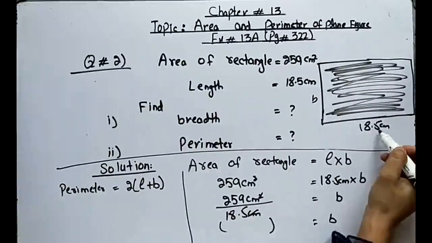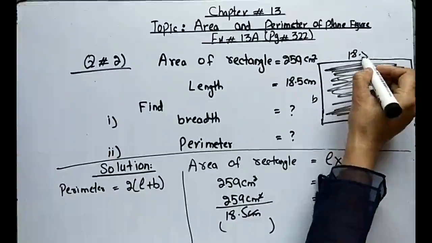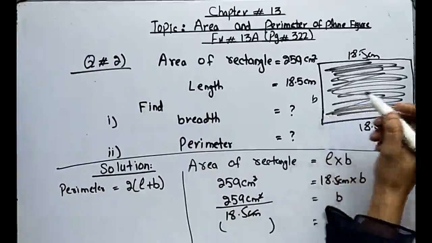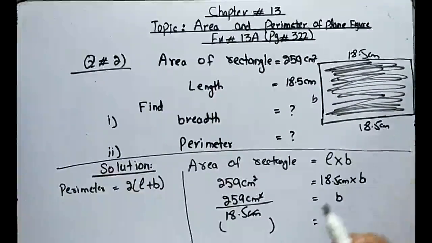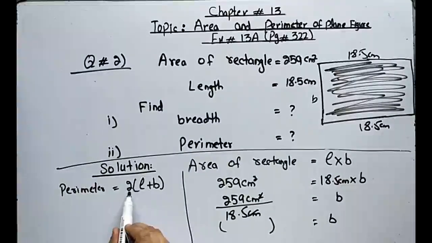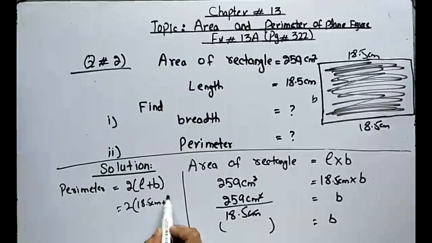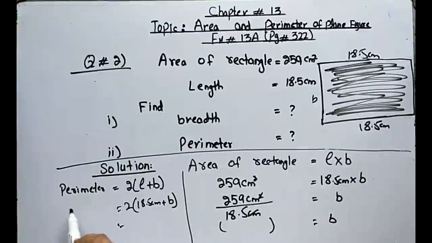So this one is 18.5 centimeter. It must be equal to 15.5 centimeter. And this one is B, and it must be equal to B. So it means 2 into length plus breadth. 2 length is 18.5 centimeter plus breadth. As we are finding the perimeter, B is the value of B